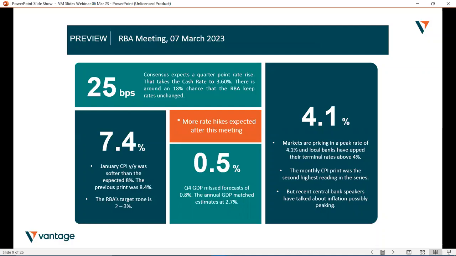Since the last meeting, data has been mixed. We've got some data on here. You've had that slowdown in GDP, which revealed a weak consumer impacted by the rising cost of living and elevated interest costs. Of course, that is despite nominal wage gains, and a further reduction in the savings rate. We've also had that CPI number. It did drop, but still stands at 7.4% year on year.